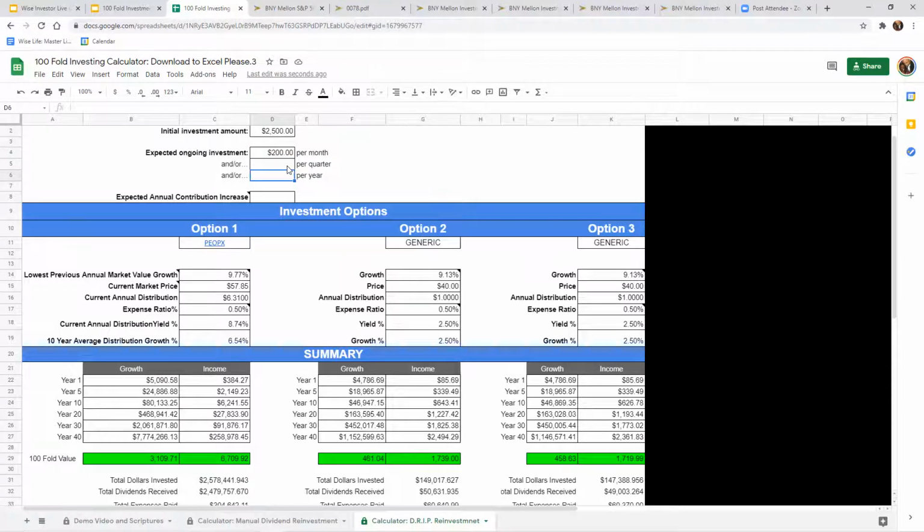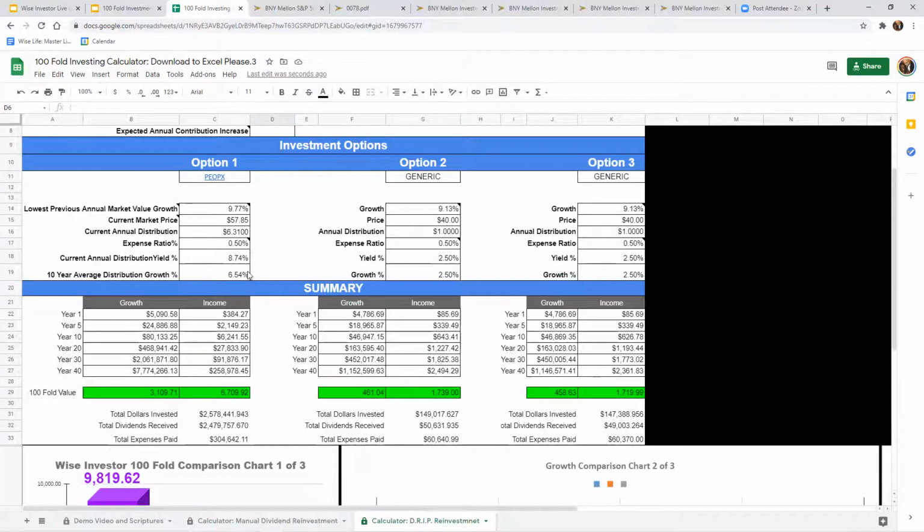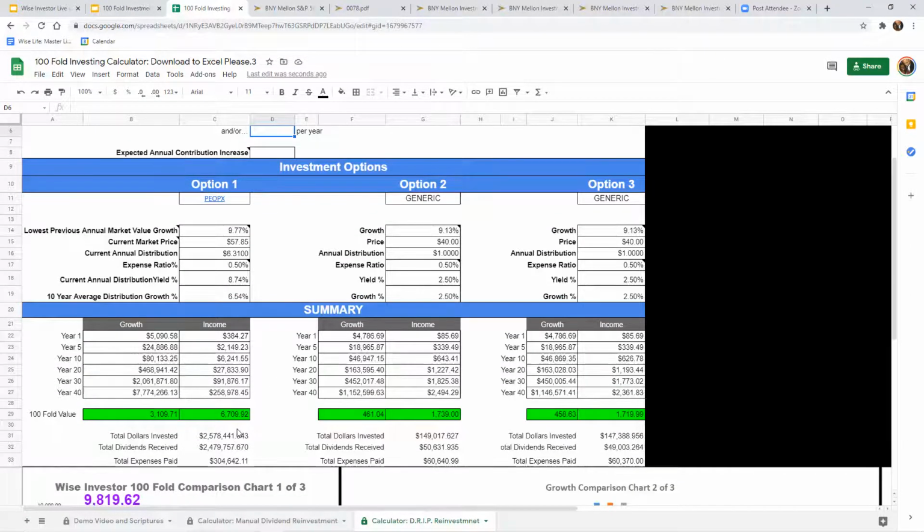Say, for instance, you decided I wanted to add my tax return in there once a year instead of going to spend it. So, pretty significant impact. So you play around with this, and it gives you the ability to see the impact of decisions that you can make that will impact you in the short, medium, and long term for the next up to 40 years. So not too bad.